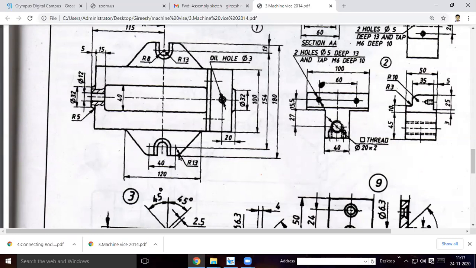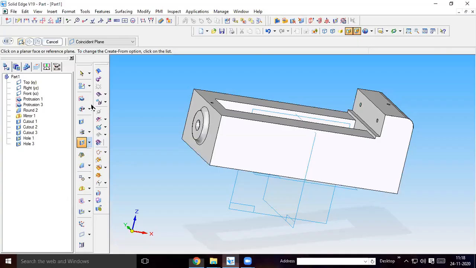Here you can draw a circle of 26 diameter. Then from the end of this 60 mm line, you can draw a tangent to this 26 diameter circle. Here also you can draw a tangent to this 26 mm circle. We'll start doing it, and you will understand.